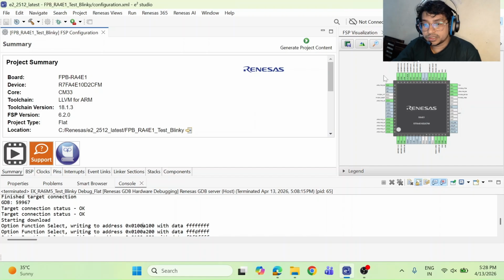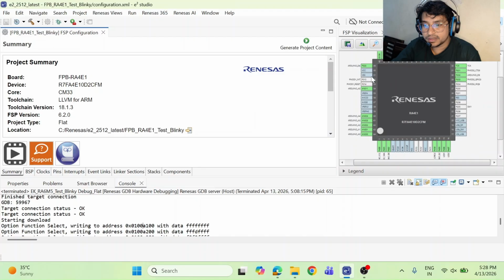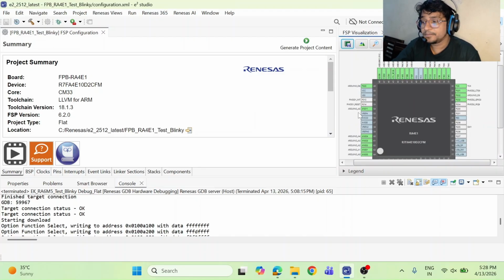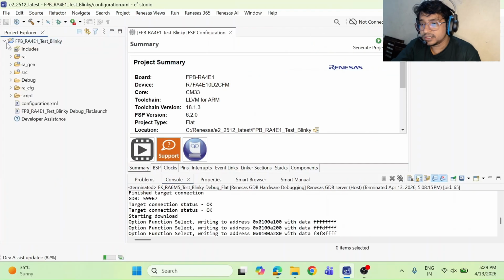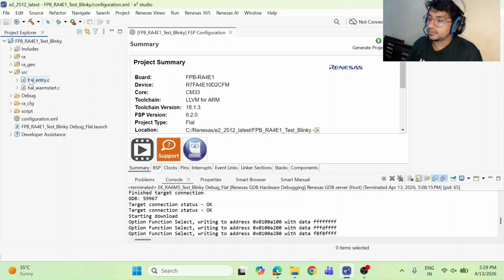So there are many options. Here you can see the board file. In the board file, all peripherals are configured by default because we have selected the FPB RA4E option. So E2 Studio has done the default configuration. Here you can click on C++ and the project explorer will be enabled.